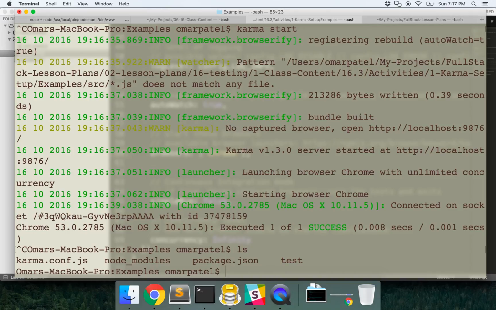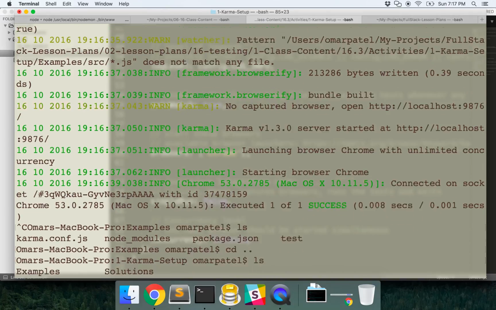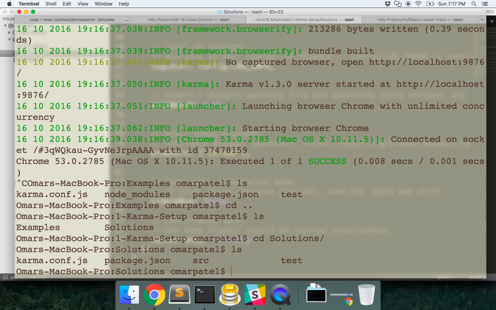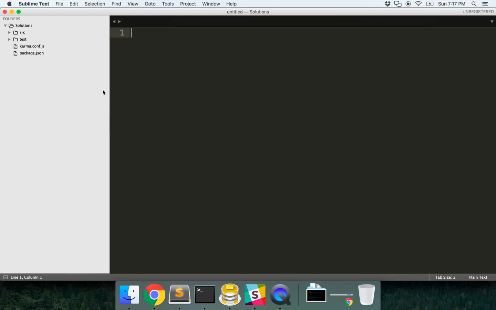So wherever your project is, that's where you're going to do it. Now I'm going to go into solutions, and why don't we look at a more complicated project? So this one